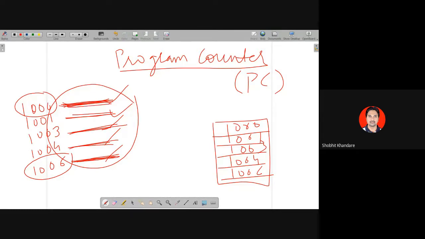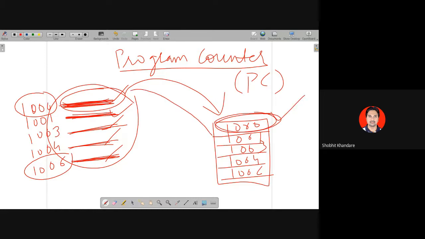सपोज ये पहला वाला इंस्ट्रक्शन एग्जीक्यूट हो गया, तो आपके सीपीयू को कैसा पता चलेगा कि ये इंस्ट्रक्शन एग्जीक्यूट होने के बाद यही इंस्ट्रक्शन एग्जीक्यूट करना है? इट विल रेफर टू द प्रोग्राम काउंटर. तो प्रोग्राम काउंटर में देखो क्या है, पहले ये हुआ, यानी सीपीयू को पता चलेगा कि पहले मुझे ये एड्रेस पे जो इंस्ट्रक्शन है उसको एग्जीक्यूट करना है. बाद में फिर से पीसी के पास जाएगा, वो देखेगा, बाद में पता चलेगा कि 1001 पे जो एड्रेस है,